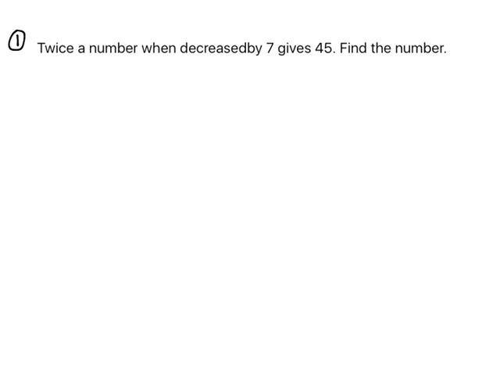First one is, we have been given the question: twice a number when decreased by 7 gives 45. So we have to find out the number. It means here we don't know the number, so in that case we can put it as any variable. Let the number be x. Now we will see what they have given in the question. Twice a number. A number we let it be x. So it means twice of x when decreased by 7. Decreased by 7 means we are subtracting it. Decreased by 7 gives 45. It will give us 45.